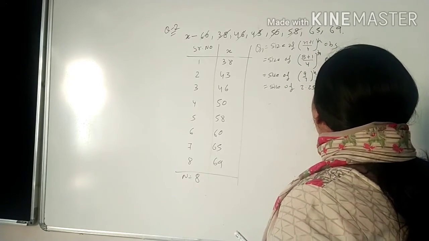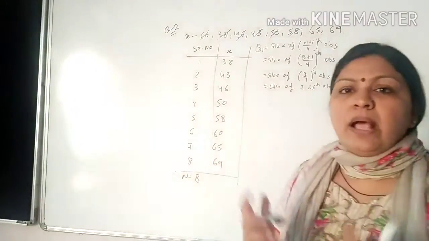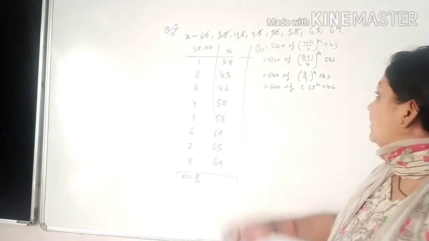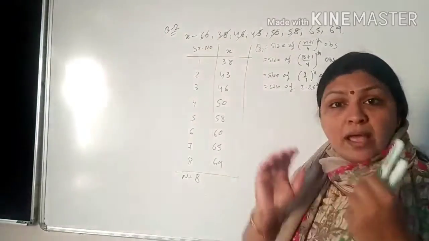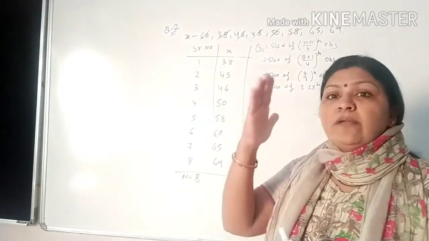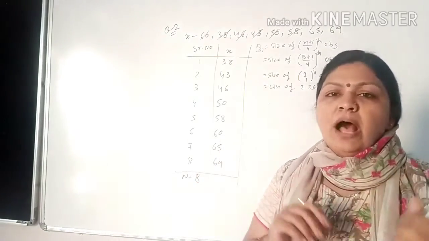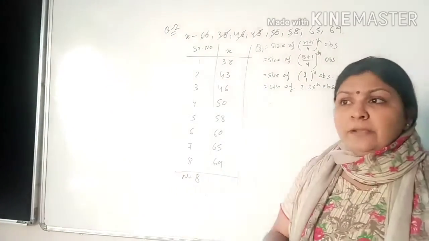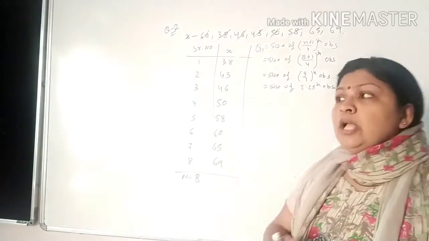Now the question is, madam, how can we get the 2.25th observation? When we talked about the median, what did we do? Second observation plus third observation divided by 2. But here we don't have to do that. Why? Because there 0.5 was given, so you could easily halve it. But here it is 2.25. Now how is it possible? Second observation plus third observation divided by 2 is a wrong method here. So here we will use a different formula.